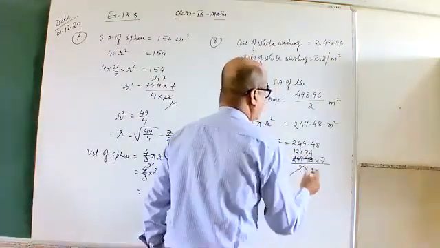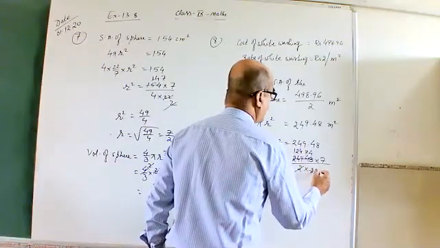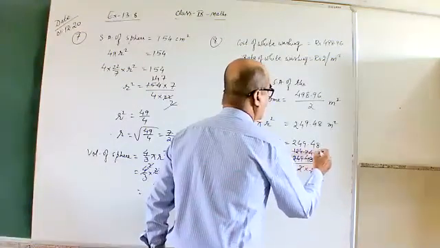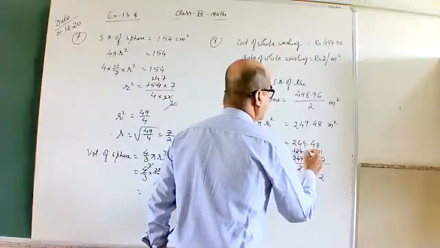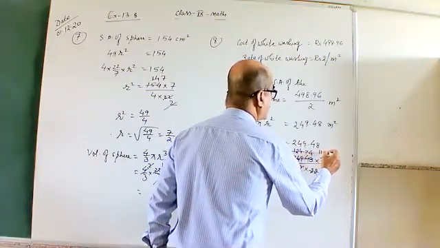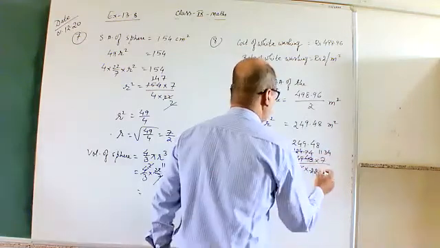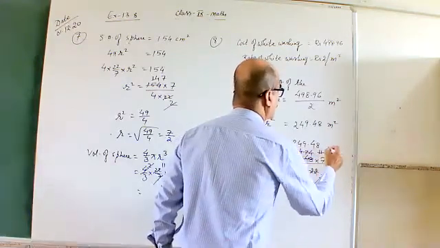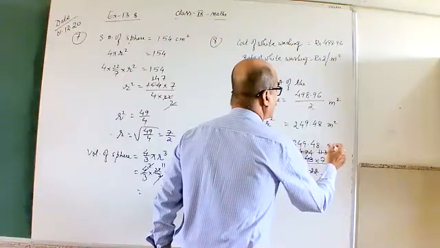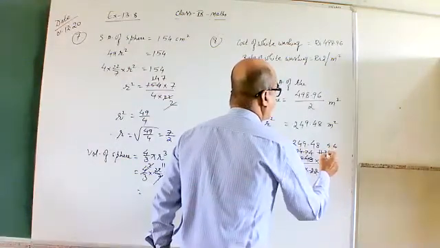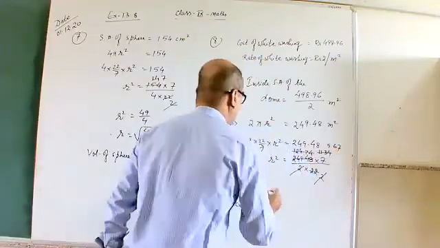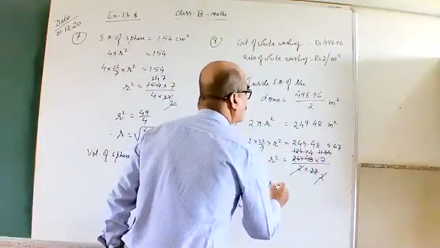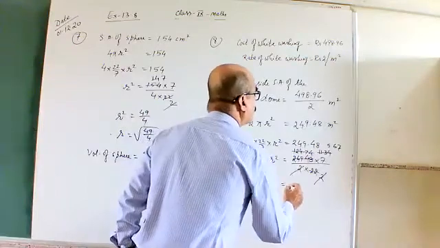Okay, and again by 11. 11 2s are 22, 11 ones are 11, 11 ones are 11, 11 threes are 33, 11 fours are 44. And again cancel it by 2. So 2 fives are 10, 2 sixes are 12, and 2 sevens are 14. Right? So R square will be equal to